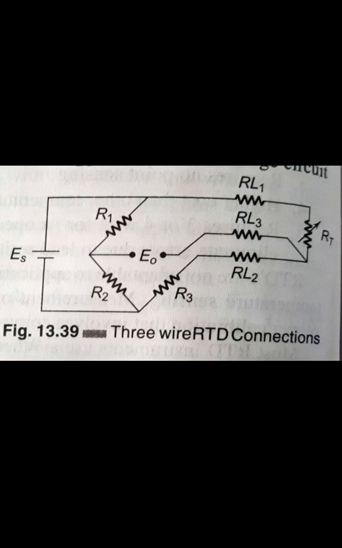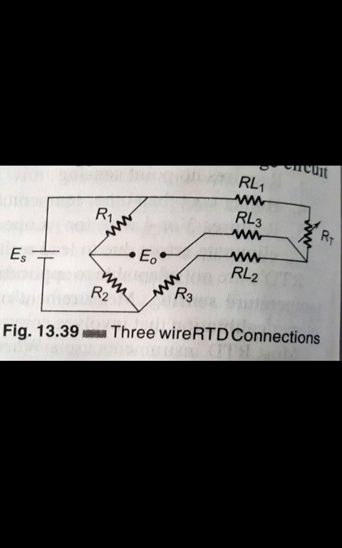When the bridge is balanced, all the bridge arm resistances are equal and hence the same current flows in the bridge arms. The same current flows through the leads L1 and L2 under the balance condition. Therefore the voltage drops across the identical, adjacent arms effectively cancel out. Hence the effect of the lead wires is eliminated.